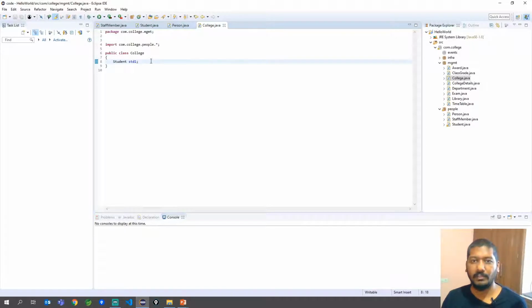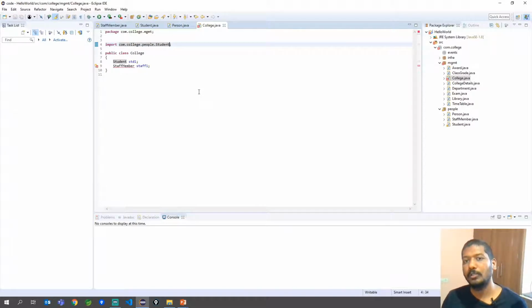Let's see if I can include a staff member now. See, now there is no error. Earlier when I created a Student, it threw a compilation error saying you have to import. Then I added the import, and there was no error for Student.